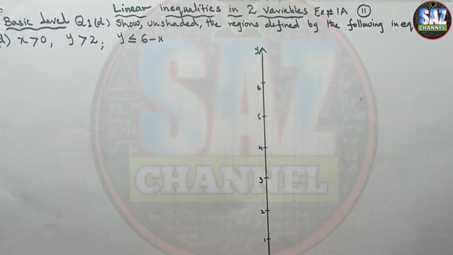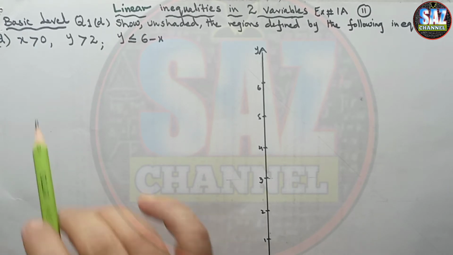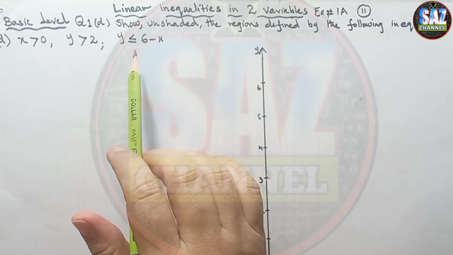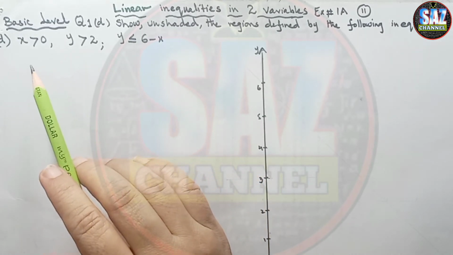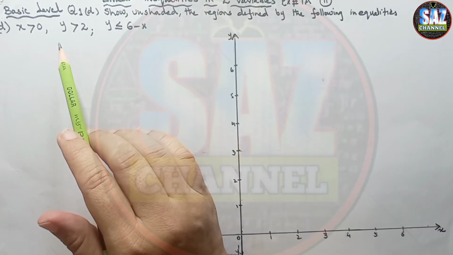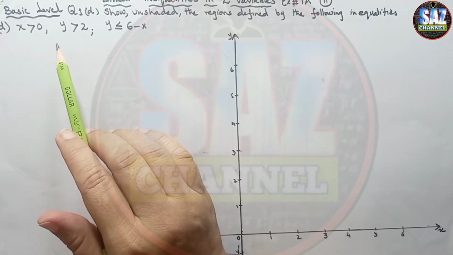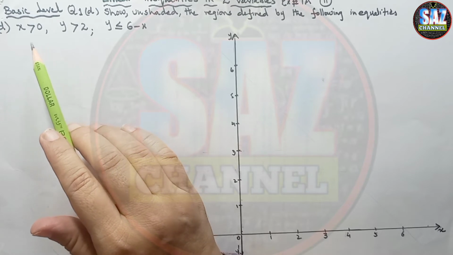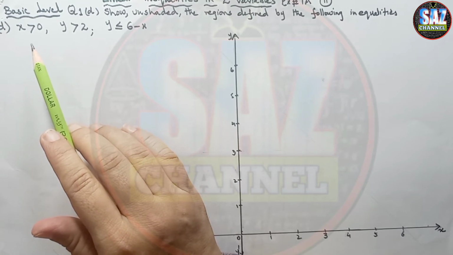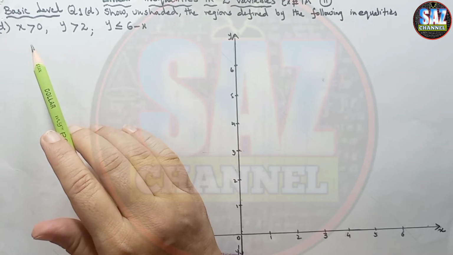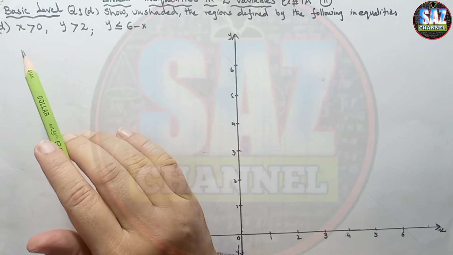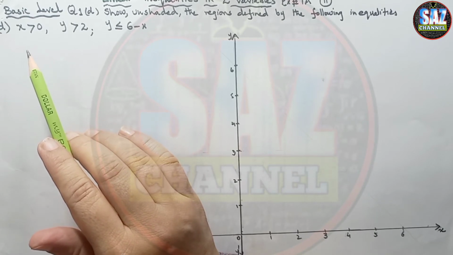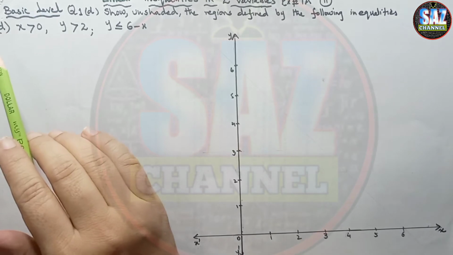It means that in this question we are given different inequality conditions, and we have to first turn these inequality conditions into simple linear equations, and then by looking at the condition given in the question, we have to shade the region, and then see what region is satisfied by all three inequalities. Let's move to each condition one by one.